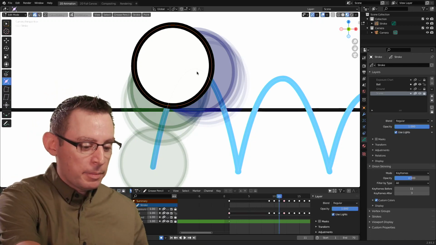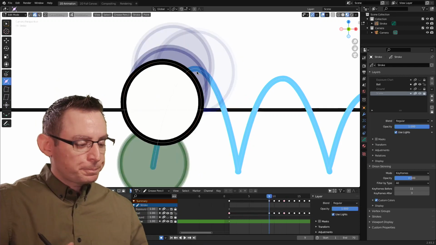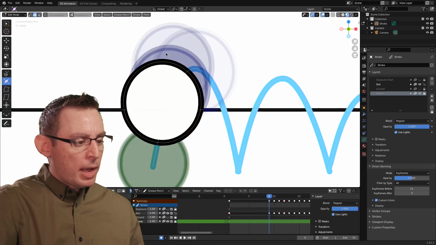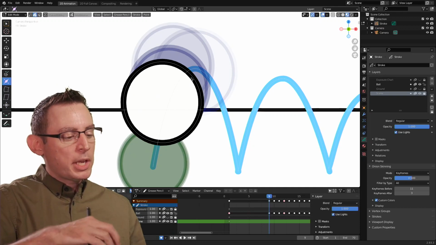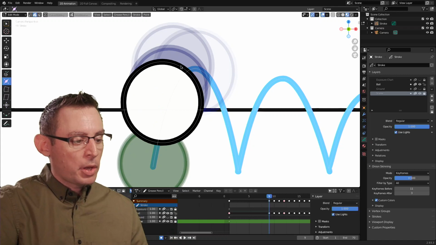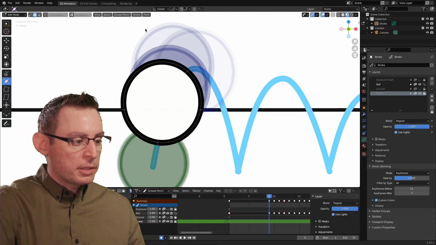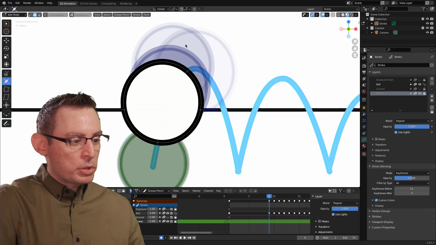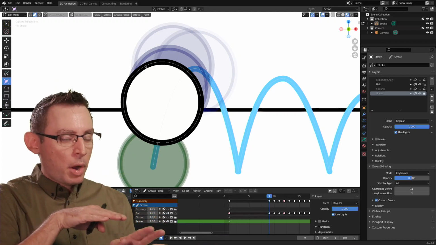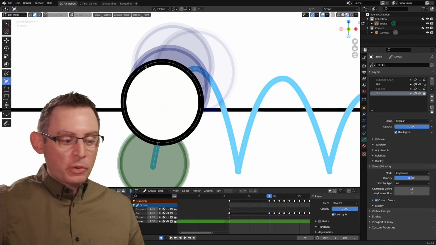And I'm going to go back in time, just a couple clicks on my keyboard here, to this animation frame. On this frame, I can see a really great representation of the movement path of my ball in the onion skinned frames themselves. And since it's very clear where the problem is, it's this frame right here, it's off the motion path, I want to be able to fix it here if possible. And that's where multi-frame editing comes in.